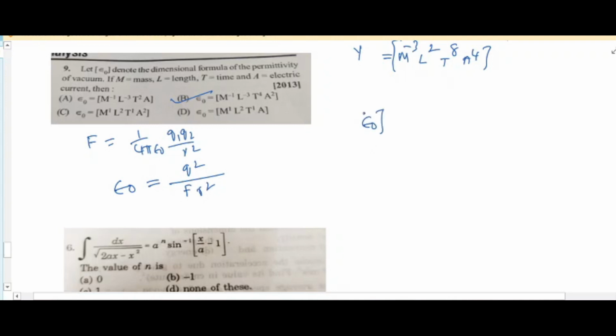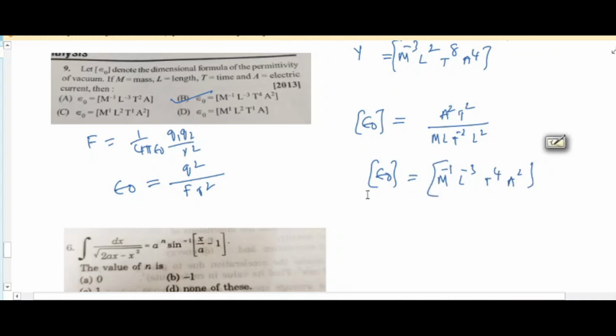Therefore, epsilon naught is equal to Q is I into T. Therefore, I square T square. This becomes A square T square by force M L T to the power of minus 2. This is L square. Therefore, epsilon naught is equal to M to the power of minus 1 L to the power of minus 3 and T to the power of 4 A square. This is the dimensional formula for epsilon naught. Answer is B. Next one,